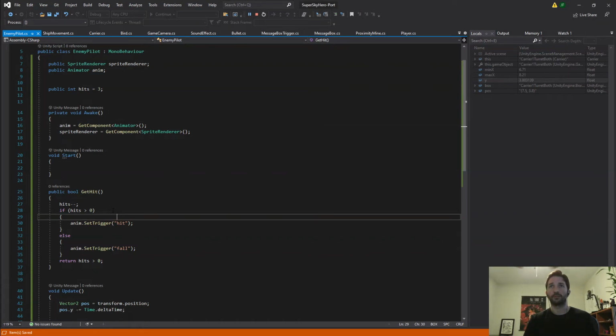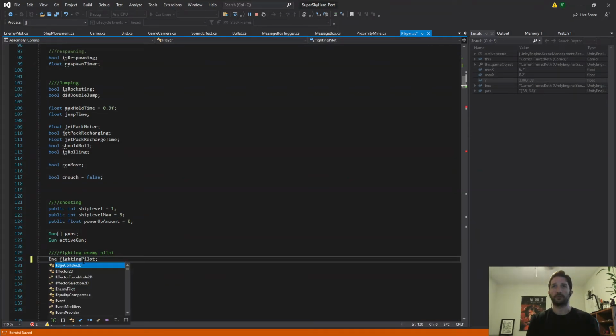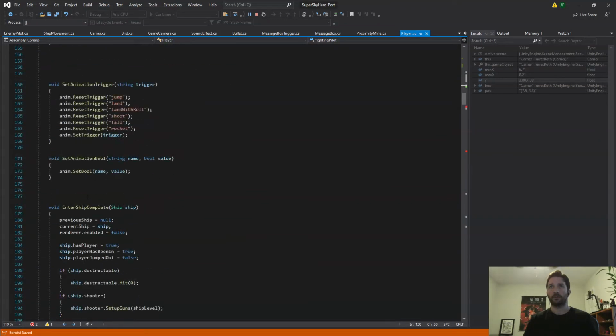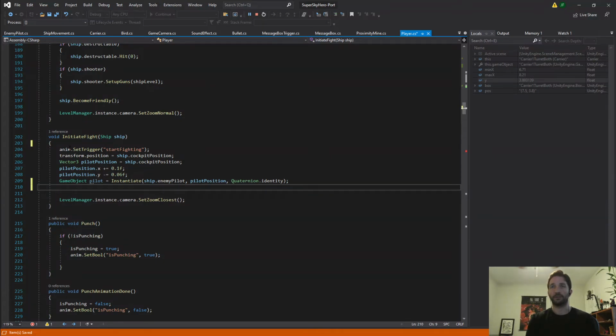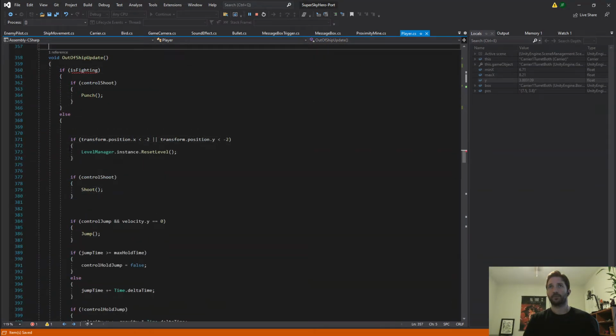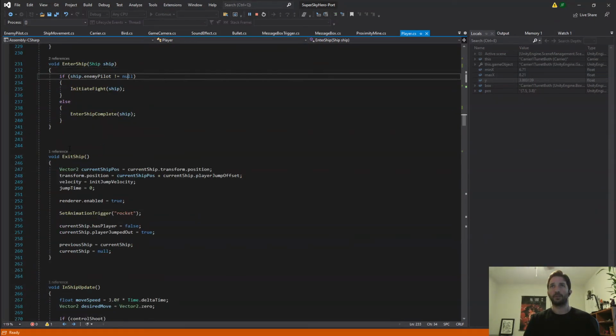And now I need to do, so get hit is public on that. Where's player? I was doing this earlier. So game object fighting pilot, this is now enemy pilot fighting pilot. And that will trigger here. So instead of is fighting equals true, fighting pilot equals pilot component enemy pilot. There. If fighting pilot null, and then